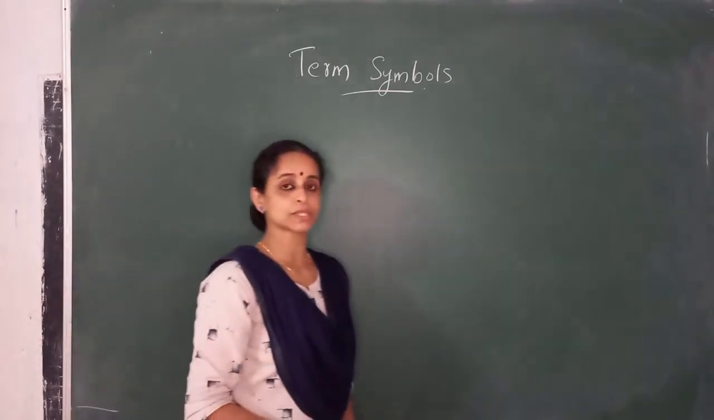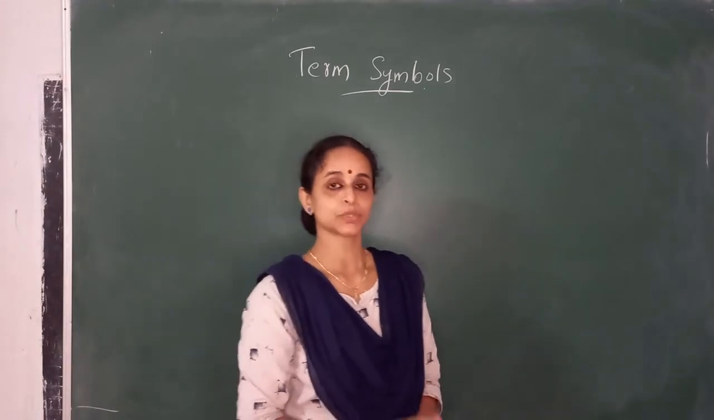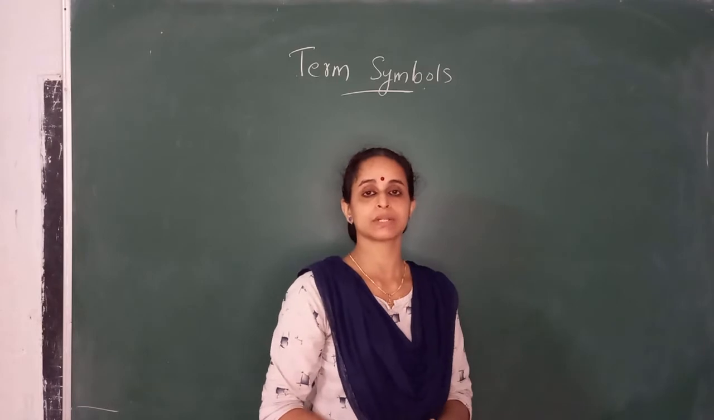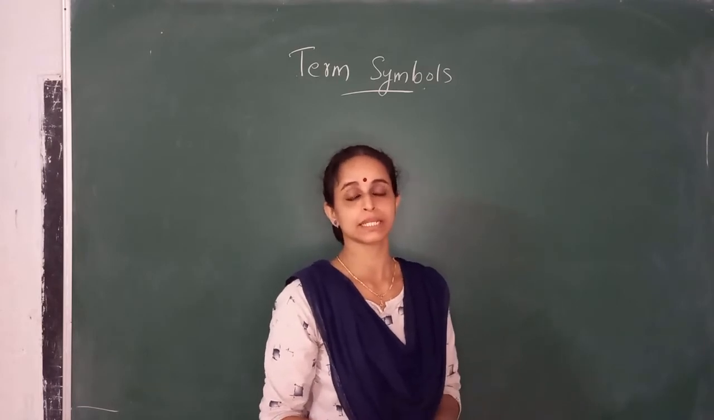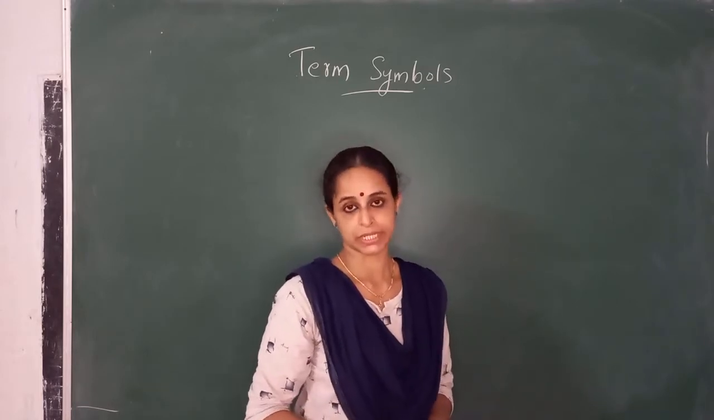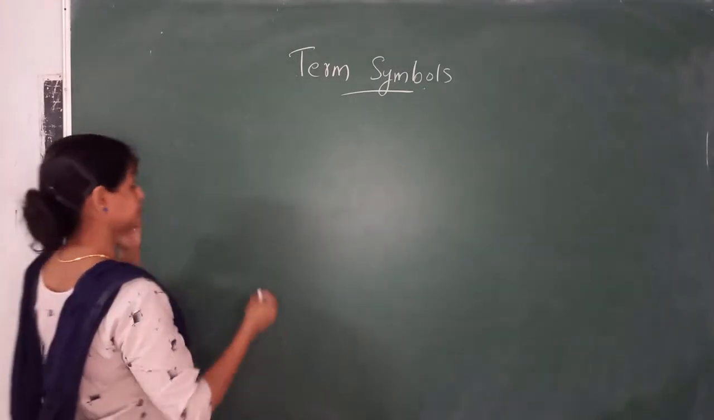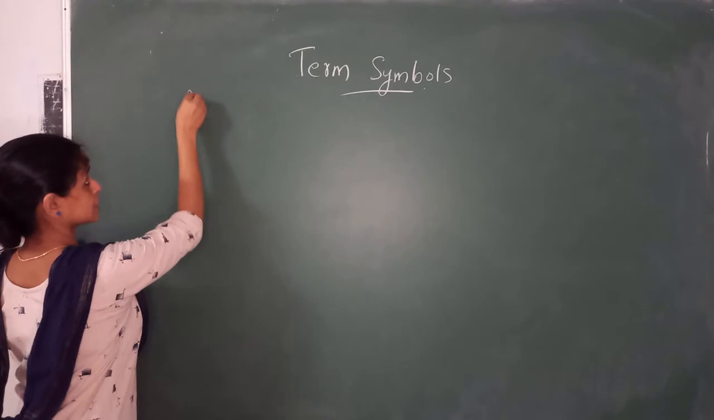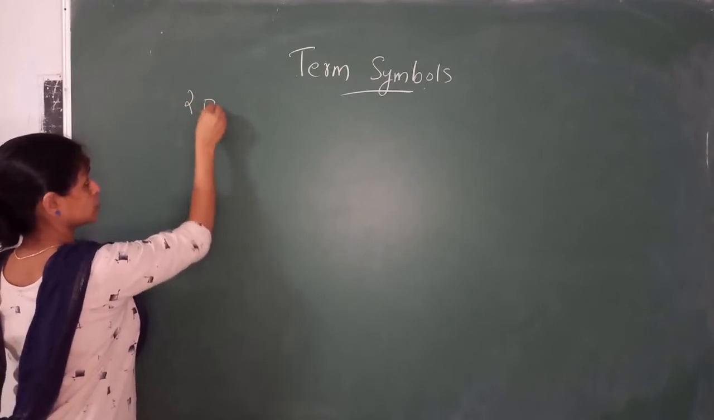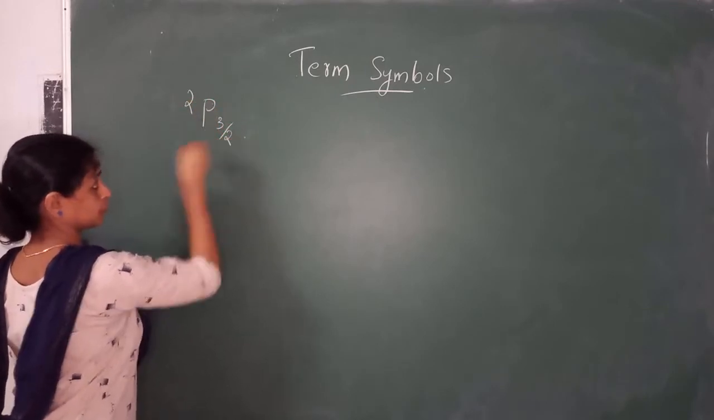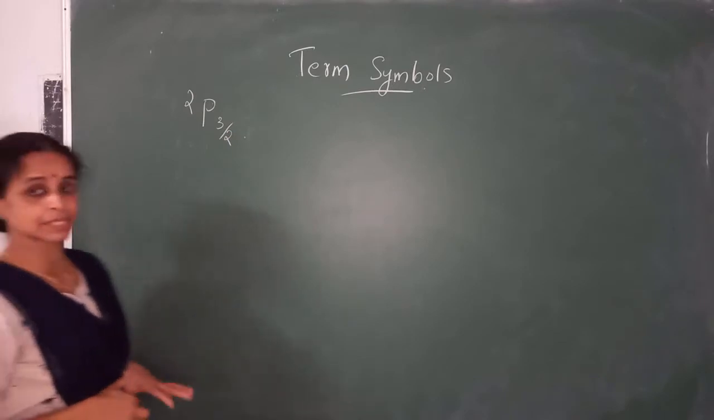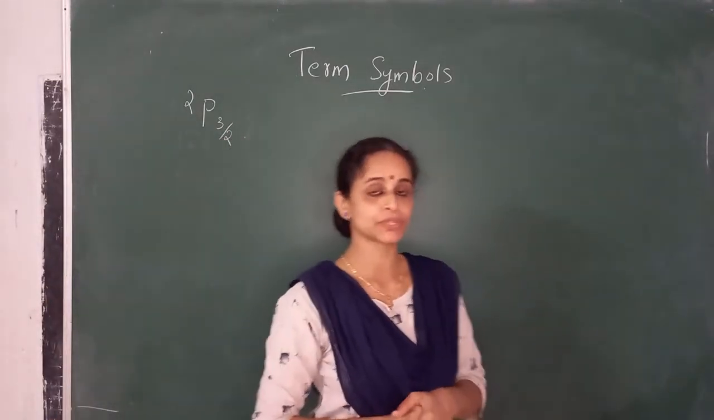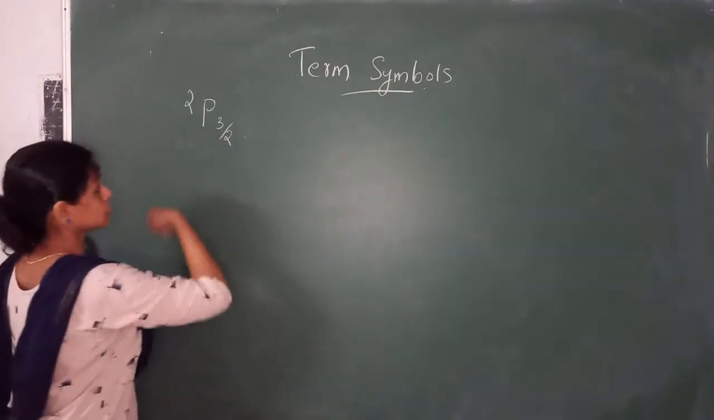We have some more representations. Usually we represent the total angular momentum of a particular, entire electronic state using some notations. For example, this is one of the states, 2P 3/2. This represents an electronic state. What are the different terms used here? The 2 here